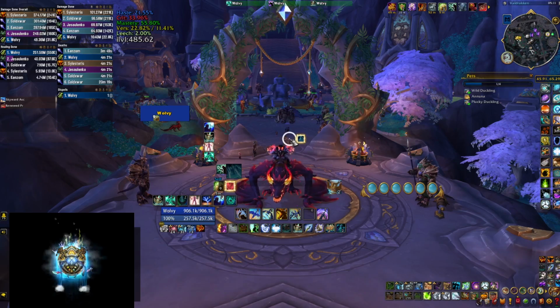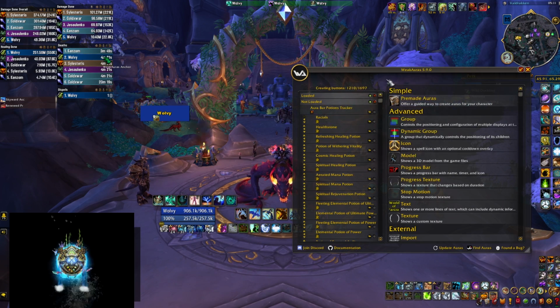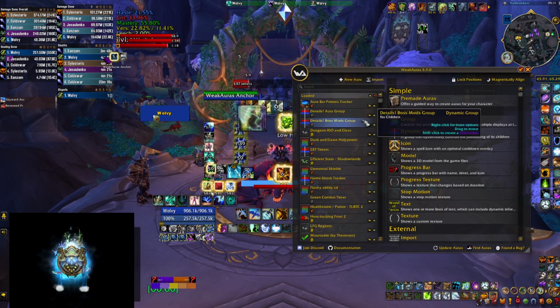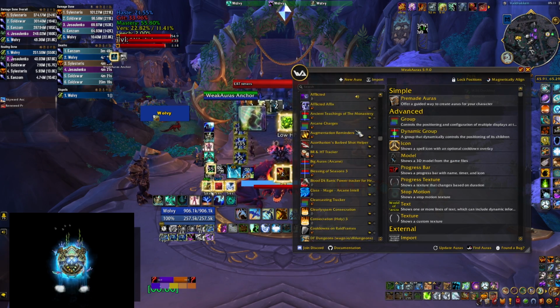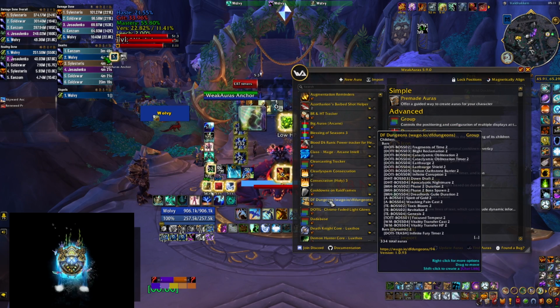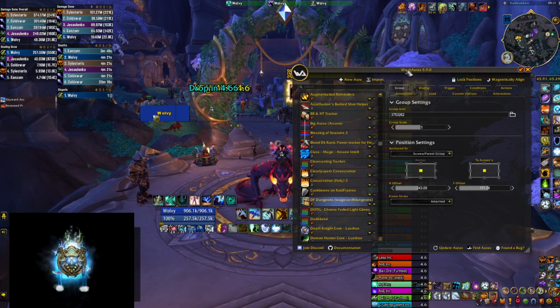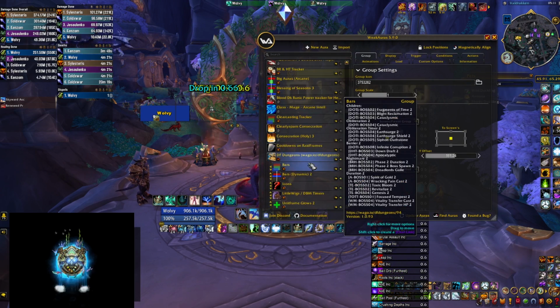Now there's one more problem that we need to mention. If you're using the dungeon pack WeakAuras for Season 3, which includes all the important boss mechanics, it actually has a WeakAura inside that makes the frames of the people with the debuffs glow all the time, which means that you won't be able to see the results of the WeakAura that I just linked in the description. So in order to fix that, find that WeakAura in your list of WeakAuras options and then